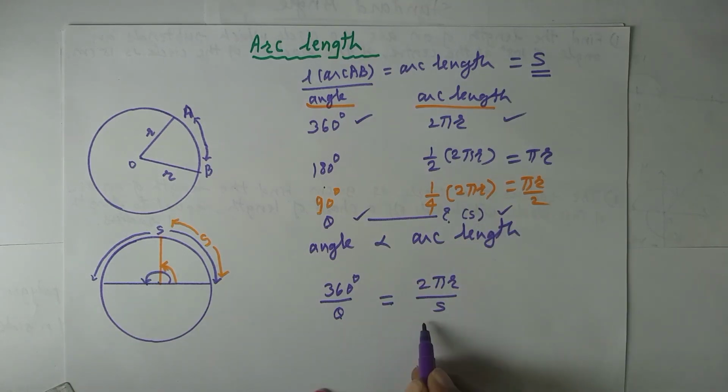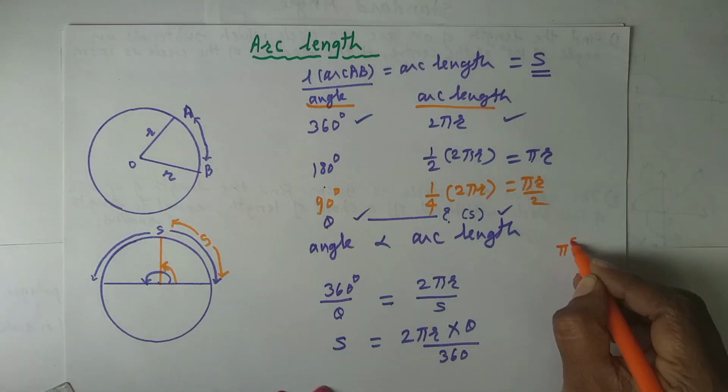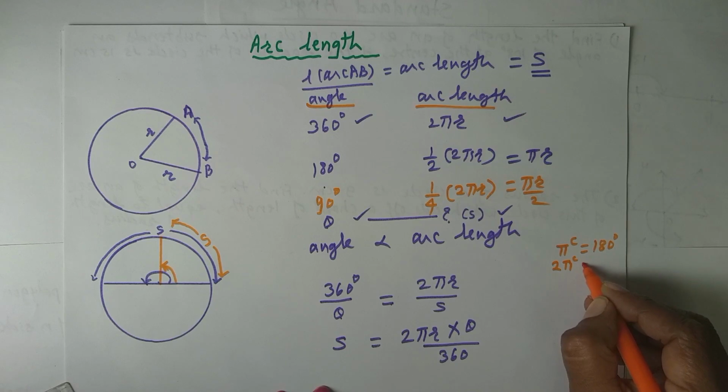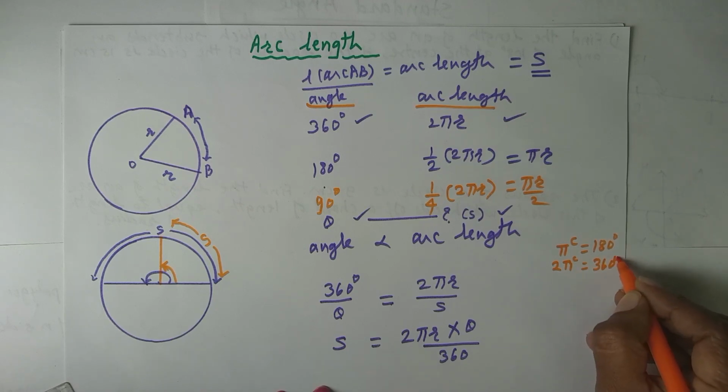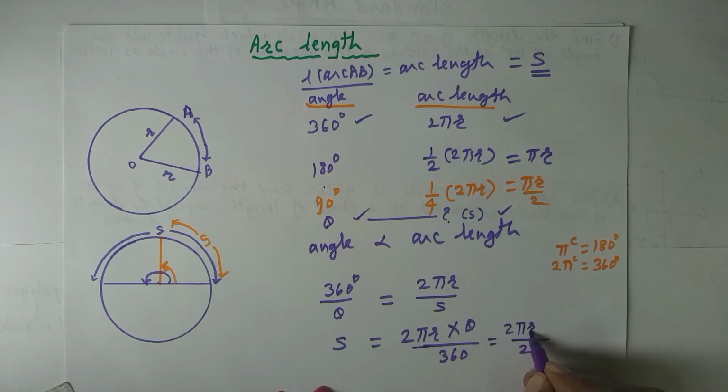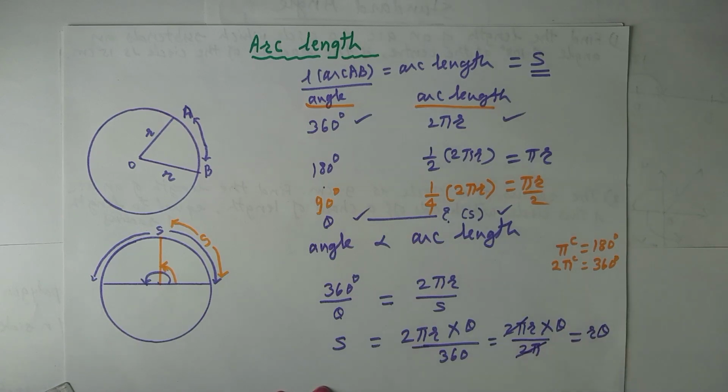Okay. Now we will simplify this. Take this S to the left hand side and this will be 2 pi r into theta divided by 360. Okay. Now I know that pi radians is equivalent to 180 degrees. Then what will 2 pi radians be? Then 2 pi will be 360. Now instead of this 360, I will keep the value 2 pi. Then in the numerator, you keep 2 pi as it is and theta as it is. Now this 2 pi and this 2 pi will get cancelled and I will get